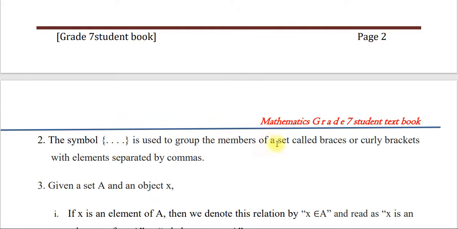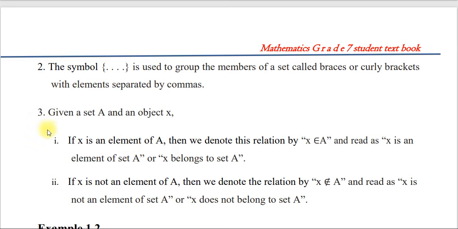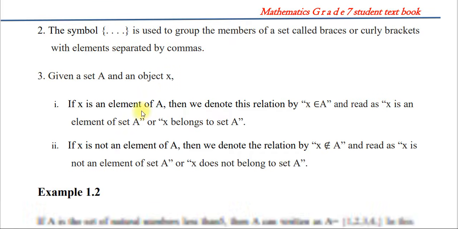And number 2, this symbol, look, is used to group the members of the set, called braces or curly brackets, with elements separated by commas. አሁን ይህ ምልክት እንደምታዩት እንግዲህ ብራኬት ነው ወይም ብራስ ነው የሚያገለግለው ሜምበሮችን ወይም ኤሌመንቶችን ኮሌክት አድርገን ለመያዝ ነው ወይም ለመጥቀስ ነው ወይም ለመዘርዘር ነው። በእያንዳንዱ ሜምበር ወይም ኤሌመንት መካከል ምን አለ? ኮማ አለ ማለት ነው። ኮማ አለ።